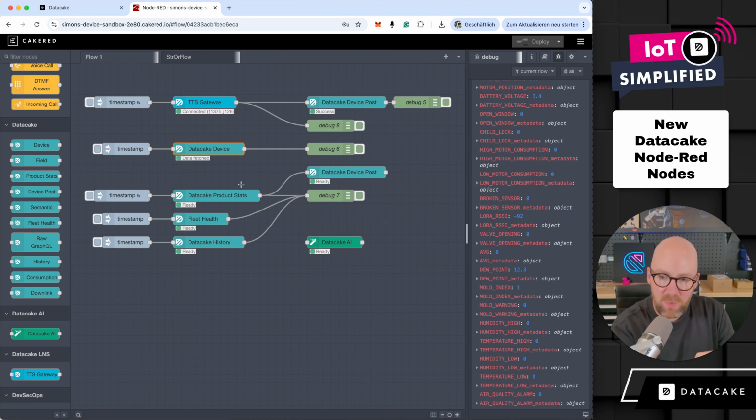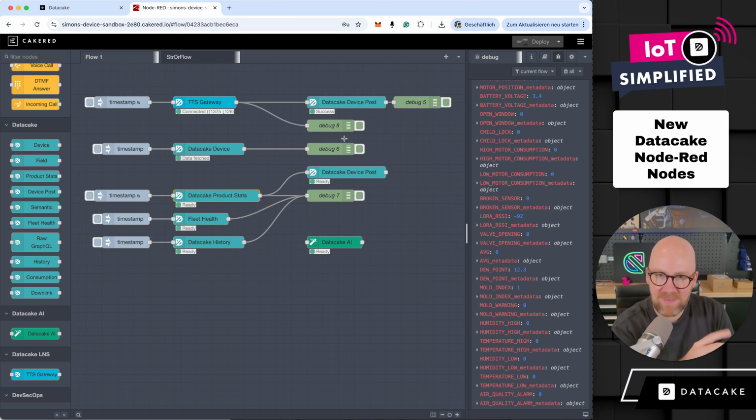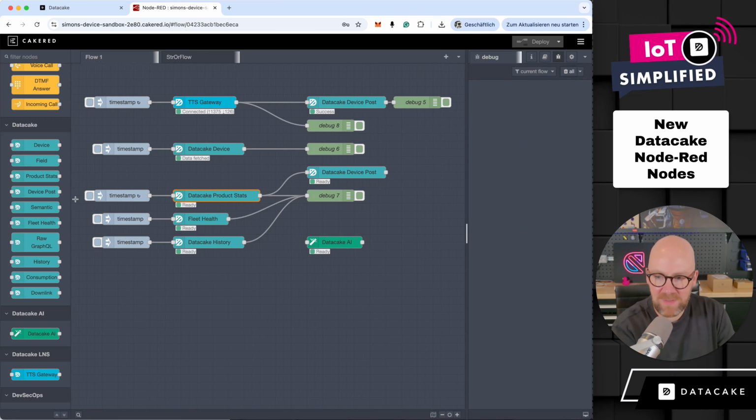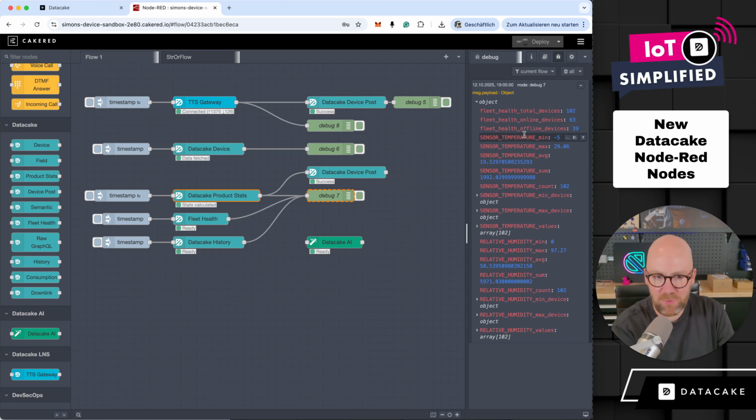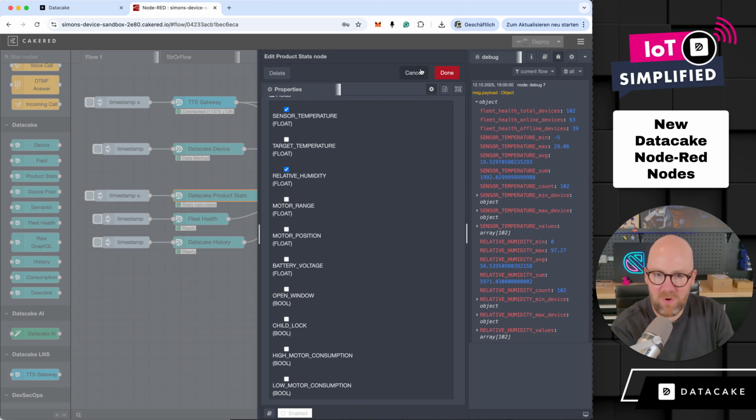We also have a quite helpful node, which is the product stats. Instead of selecting a device, you select an entire product and the fields you want to have. And then when triggering this, it fetches all devices belonging to that product and then creates some KPI stats like average temperature, average humidity, or whatever kind of field you selected on the product to be